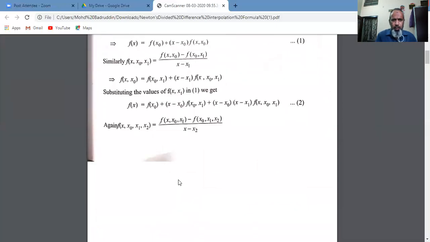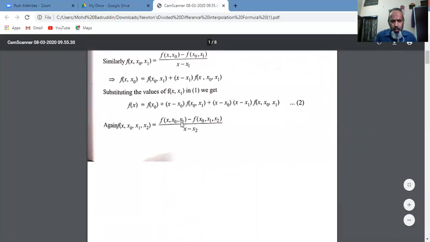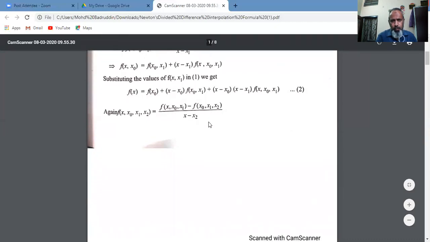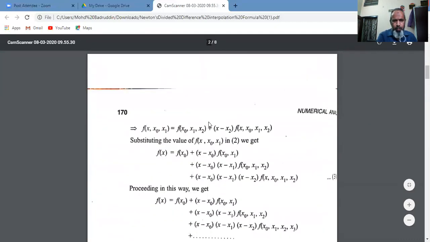So again, this value f of x comma x naught comma x1 can be written as f of x naught comma x1 comma x2 plus x minus x2 into f of x comma x naught comma x1 comma x2. So in this place, f of x comma x naught comma x1, we can write the value by cross multiplying and adding this term. So equation 2 will become,